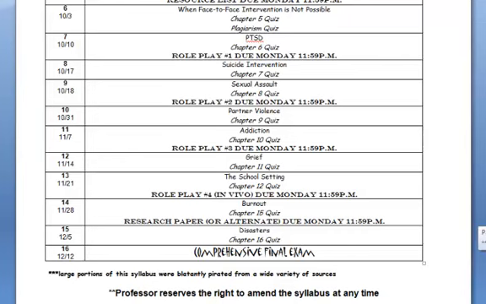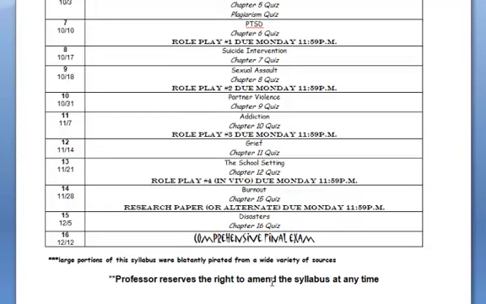The last little note here is an important one. The professor reserves the right to amend the syllabus at any time. I typically don't. Typically I stick with what I say, and if I change it, it's usually to make your lives easier, not harder. If I make an assignment and it really seems to be beyond everybody, I may want to make it worth fewer points, and I will let you know. But if everybody fails an exam, I won't punish you by making it worth more. I potentially could go the other way if I think I screwed something up. Again, I will let you know anytime that happens.